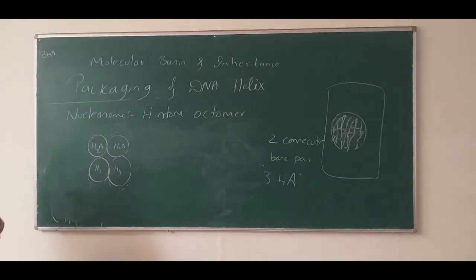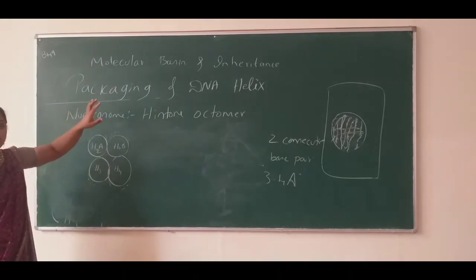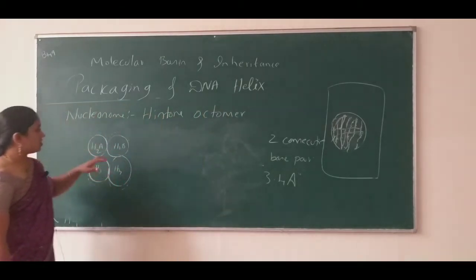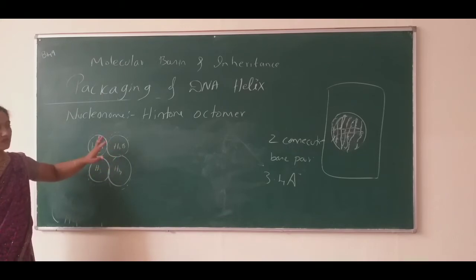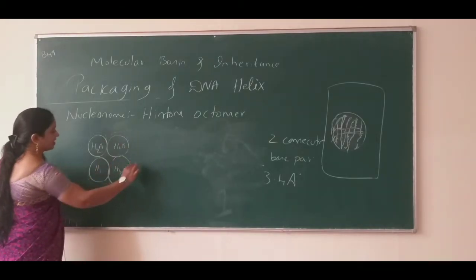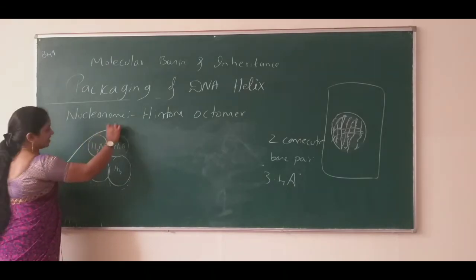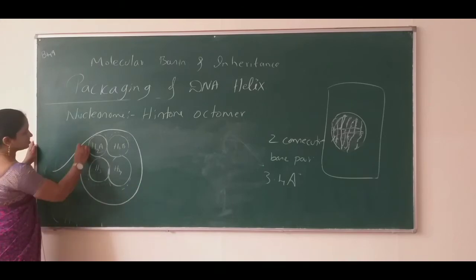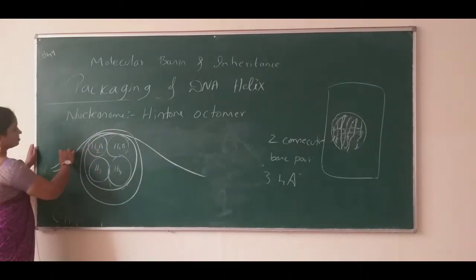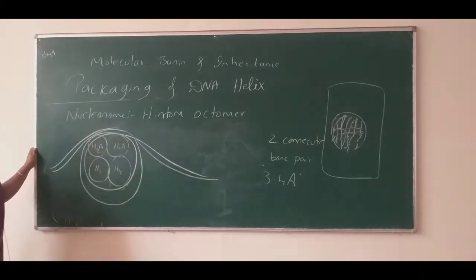We have the histone octamer, but it is necessary to study the structure of the nucleosome. What is there in the nucleosome? In the nucleosome, histones are present and DNA is present. We already drew the structure of histones. But where will the DNA be? The DNA gets wrapped around the histone proteins. How does it get wrapped? It takes 1 3/4 turn around the histone octamer.